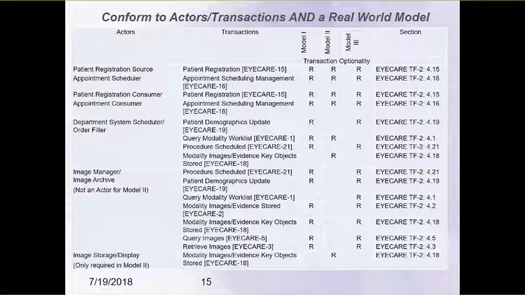So if you want to be compliant with real-world model 1 in your practice management system, then the patient registration source, patient registration Eyecare 15 transaction, is a required transaction for Model 1. And in fact, for the patient registration source, that transaction is required on all 3 models. So regardless of the model, there are some things that carry over and are the same. But for instance, in the order filler, you have the patient demographics update. For one type of system, real-world model 1, that transaction is required, but in model 2,